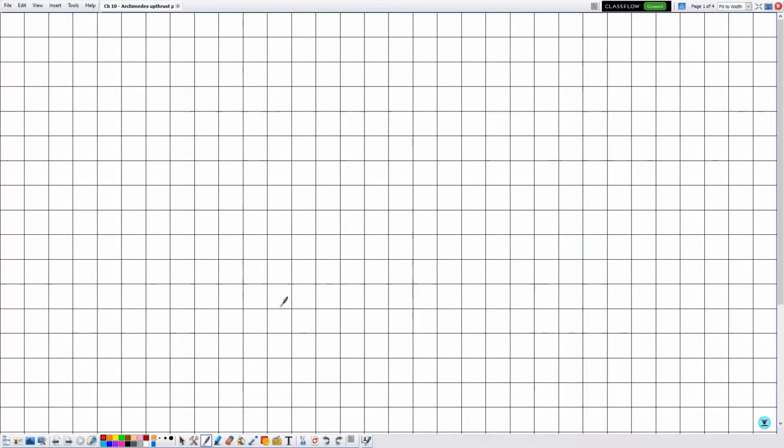So we have reached part 4 of chapter 10, the chapter of Archimedes upthrust, the third unit of mechanics. In this part we'll complete the explanation of this chapter. We have reached section number 11, which is flotation versus sinking of an object. Let me write here that we are in section number 11,